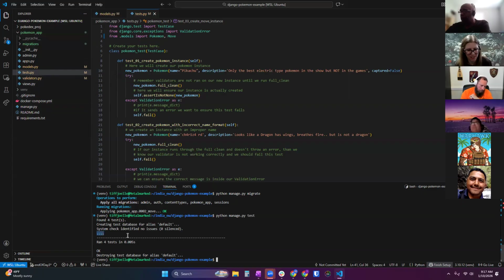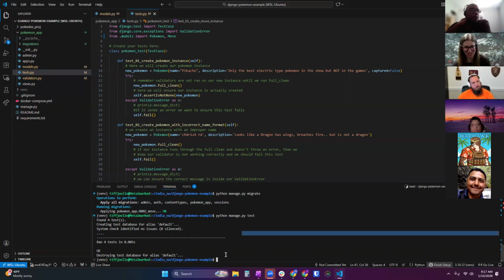What do these dots mean? Passed. Yep, passed. These are all passed. If they didn't pass, it would have something else there, right? Like E, I think. I can't remember off the top of my head. I think it's E. E or F. Yeah. Yep, so all dots is good. Then we have this little break line here.